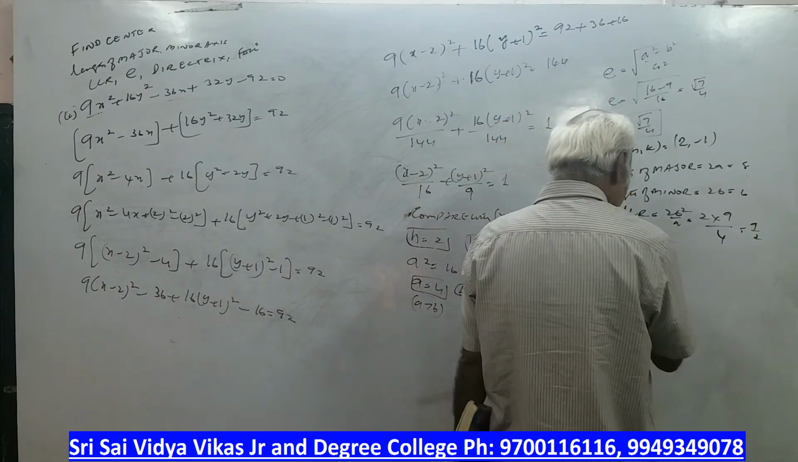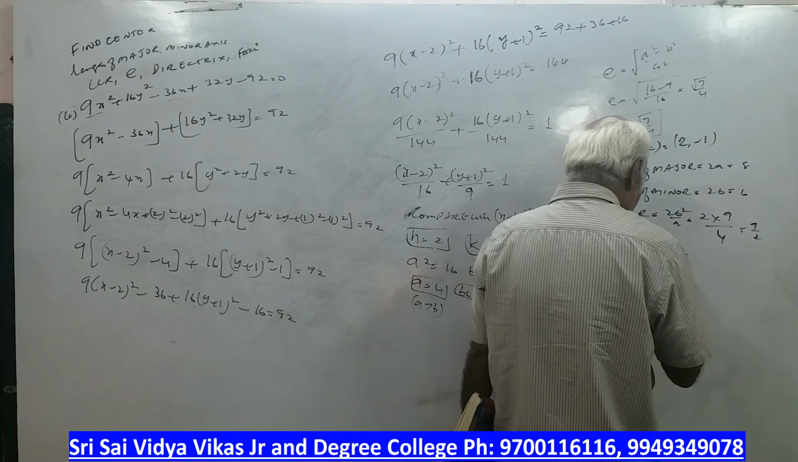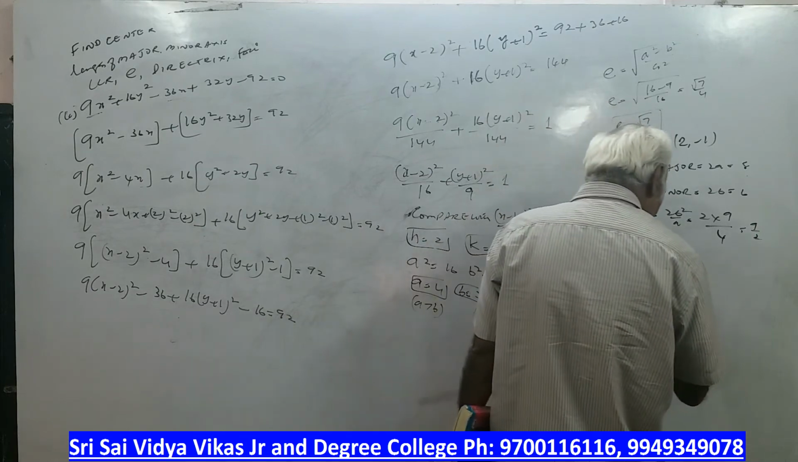Now look at the directrix here. x plus or minus a by e is equal to h. x plus or minus the a value 4, by